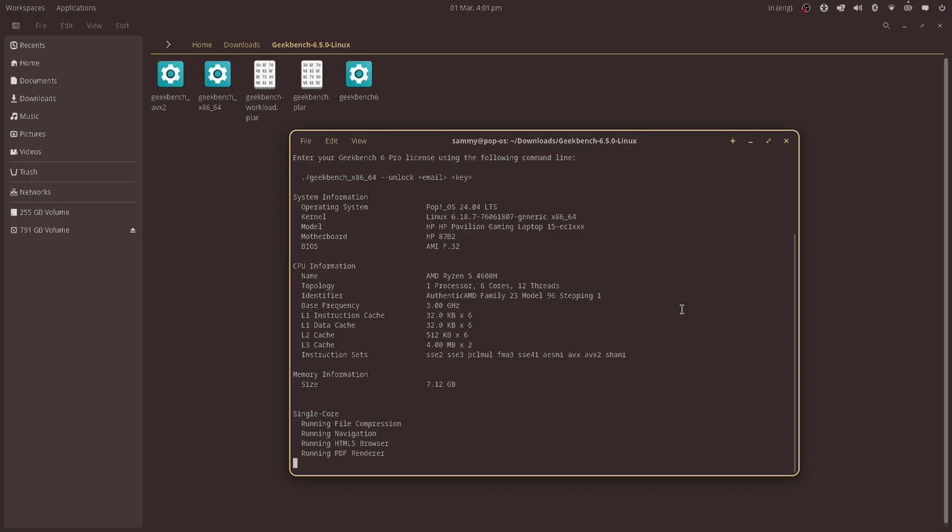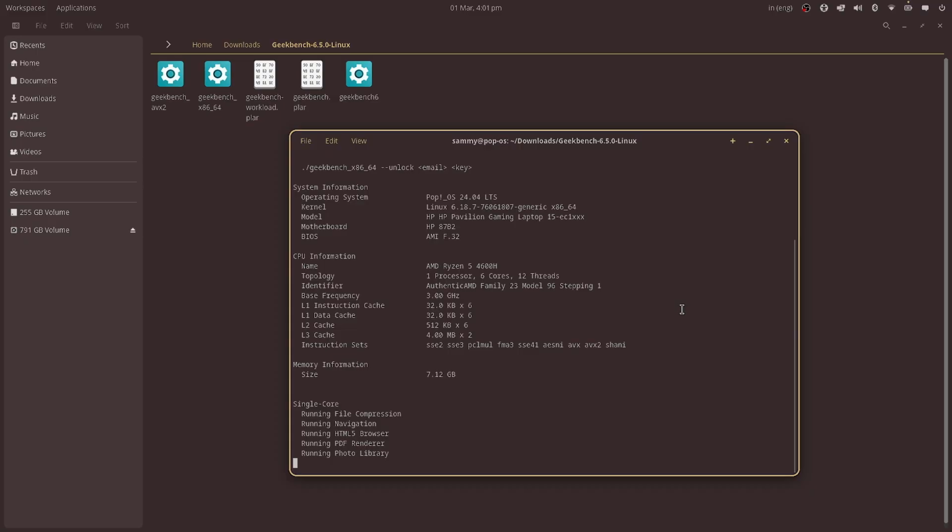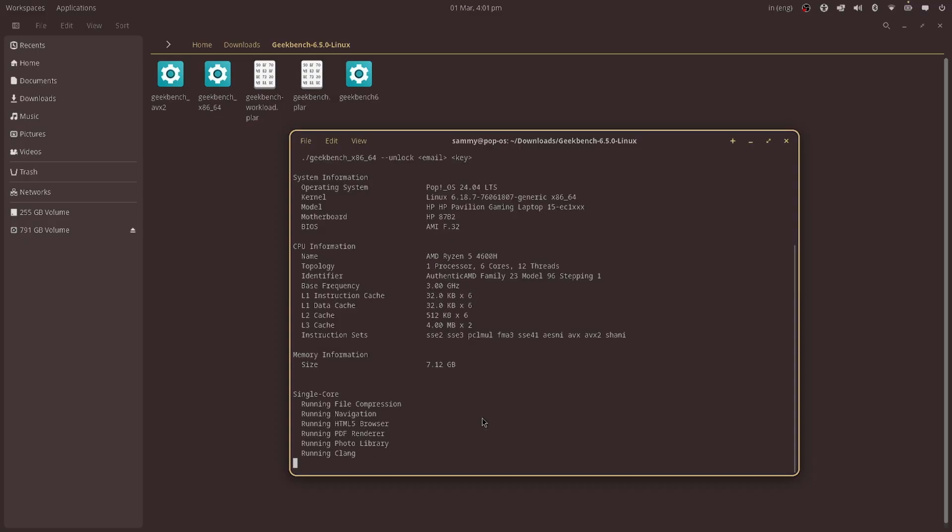For viewing the Geekbench test results on different kernels of any particular Linux distribution, you have to go to the playlist of that Linux distribution, and at the end of the playlist you will see those videos and you can watch them. First the single core tests are going to run, and then the multi-core test will run. Then we will compare the scores between the two kernels of Pop!_OS 24.04 LTS